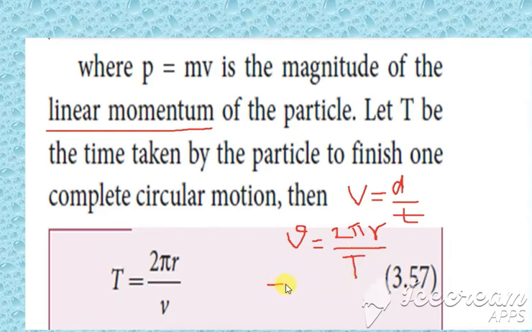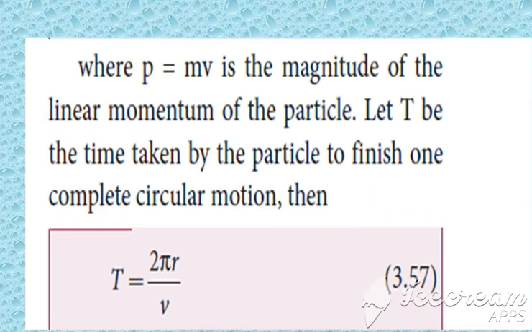So we get the equation as capital T, which is equal to, bringing v down, 2 pi into r divided by v. So this gives you a formula for time period. Okay, so that is given here, which is the formula for time period. Now with this time period formula, as I have told you already, we have to know the value of v by r.